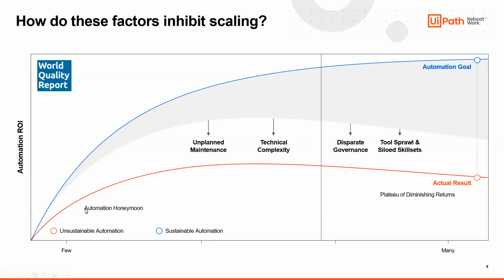But when you try to automate more and more, when you try to scale, when you probably reach a point where you have 100 automations or 500 automations, it's different for different customers, this point of inflection. But there will be a point in any customer's automation journey where they'll start experiencing the maintenance issues, right? Where their automation simply stops working, they have to go back and fix those automations, and doing this unplanned maintenance will actually take time away from developing the new automation scripts